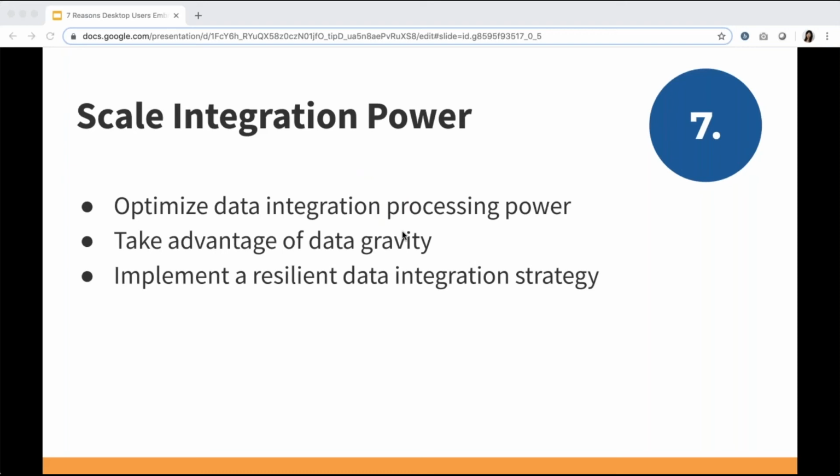And our last FME Server use case for today is scale integration power. As organizations begin to take on more data integration initiatives, you and your IT or ops department might be wondering how to scale and perform these new projects on volumes of data beyond what your current system architecture or infrastructure will allow. With FME Server, you have the ability to optimize your data integration processing power through various ways and